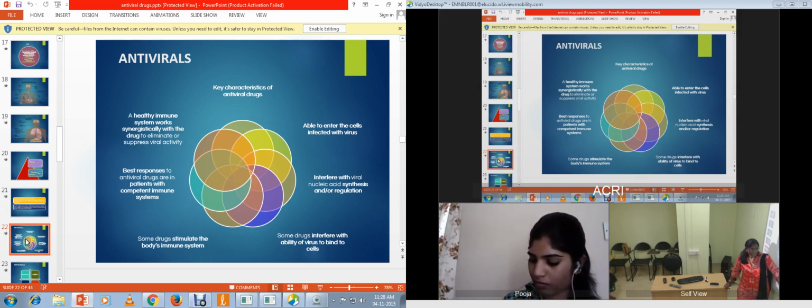Second, some drugs interfere with the ability of the virus to bind to cells. Some drugs stimulate the body's immune system, okay. Best response,